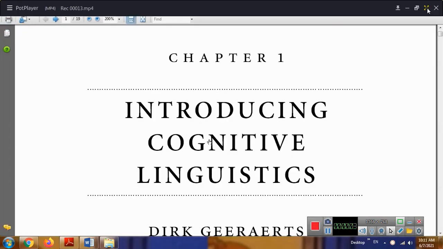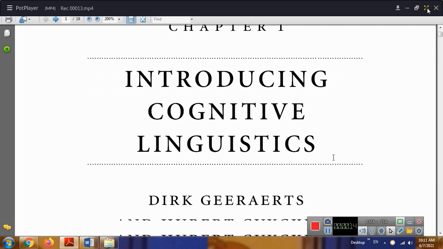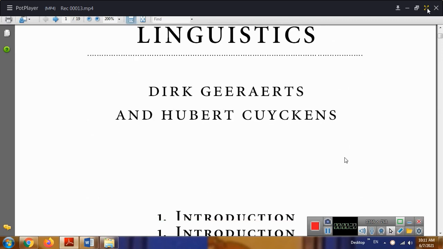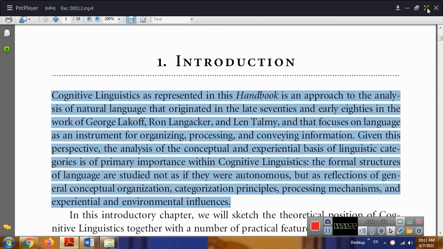In this session, we will read about cognitive linguistics, which is one of the schools of linguistics. In this handbook, which introduces cognitive linguistics, we will read its first chapter, which gives us an introduction to cognitive linguistics. This paragraph gives us the time, the important people and the principles of cognitive linguistics. This paragraph is important and we should know about this matter.